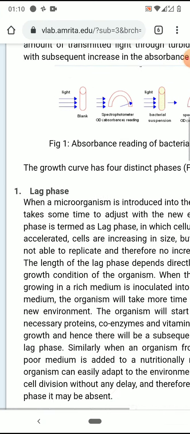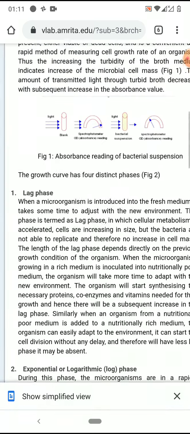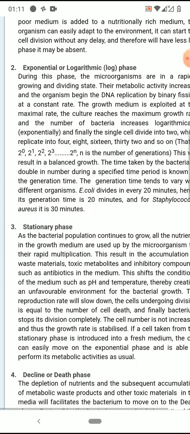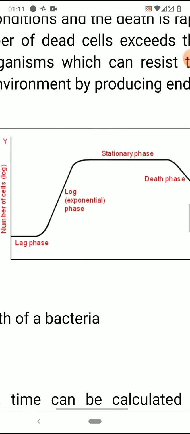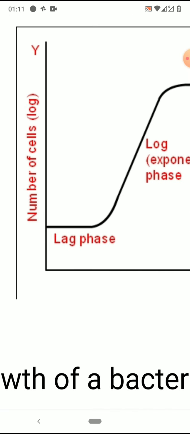each individual phase. The first phase is the lag phase. Within this lag phase, as you have observed in the growth curve, there is no growth. This is because a single bacterium is introduced into the medium, whether liquid medium or solid medium or anything it might be. So you are introducing the single cell. First it should adjust to the environment, it should move over there, and it should gain all the nutrients, it should increase in size, then it can divide. So during this period, the bacterial cell duplicates its DNA, it duplicates all its proteins, it synthesizes its proteins, its enzymes, and it duplicates